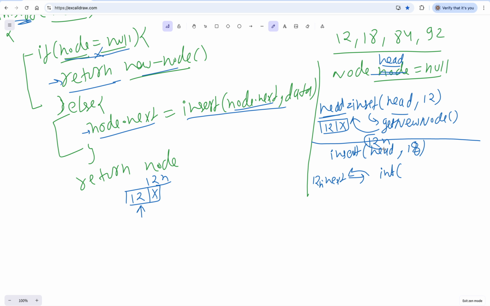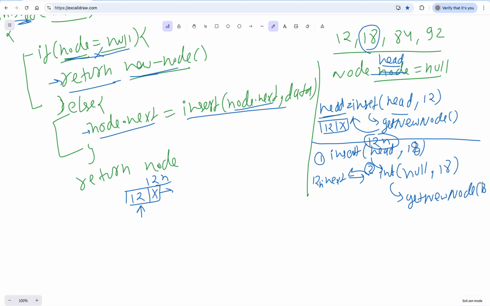Now if you see, this 12 node's next is null, so we are passing null here with the 18 data. So the first call is this one, and the second call is this one, when you want to insert 18. Now it became null, so it will come here, node equals null, and it will then give you getNewNode here.